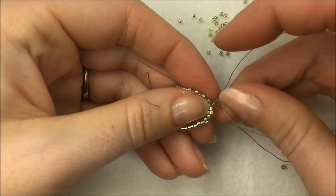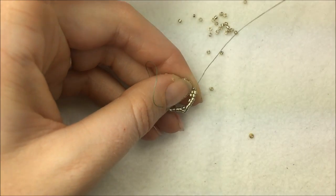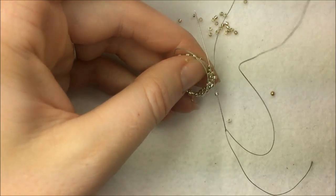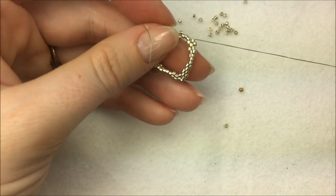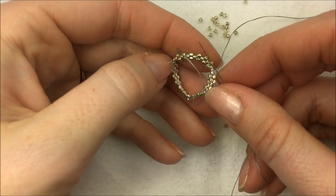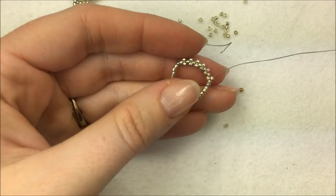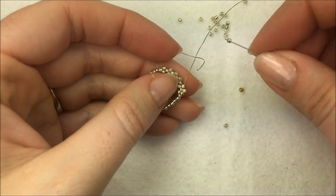Again, then we're going to progress to the 2nd side of the triangle, and I'm doing my peyote stitch, adding in 5 new delica beads. As I add in this last delica on this side, and as I get to the corner here, I pick up one of my 15-0 seed beads and sew into the delica on that 3rd and final side of the triangle. You can see the triangle starting to take a little bit more shape now as the sides start to conform into a triangular shape. We're at the last side now, and I'm adding in my 5 delicas